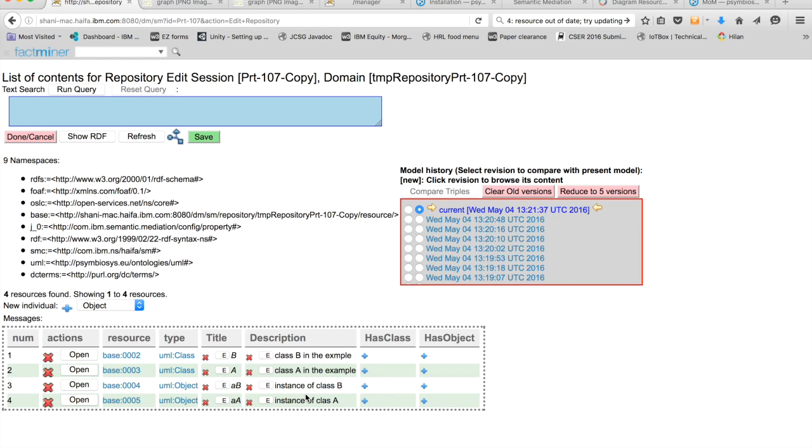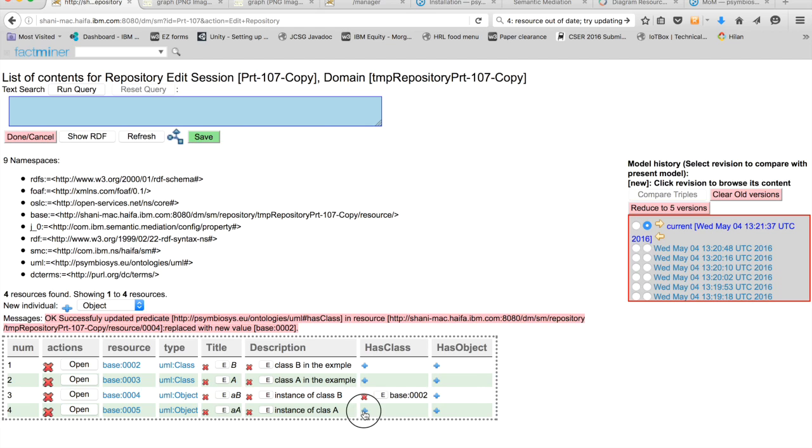let's first say that AB is an instance of class B, so it has class, base, class B is base 002. And likewise, the object AA is an instance of class A, so its class is base 003. Likewise, we will put in every class, in class B, we will put an instance of class A. This is base of class A, AA, 0005. And this one will be base